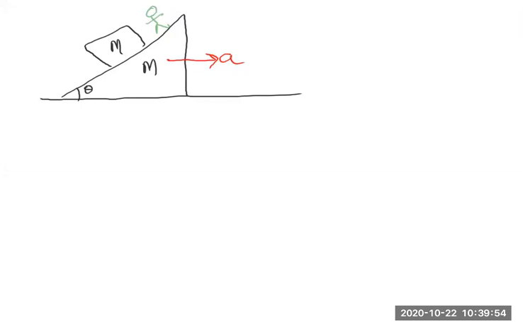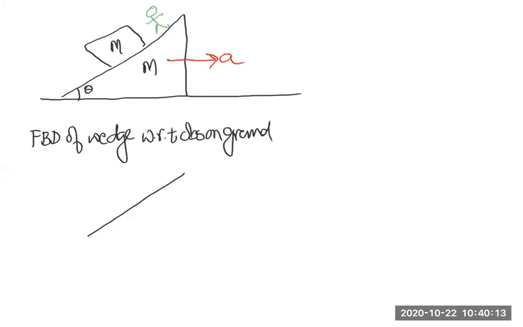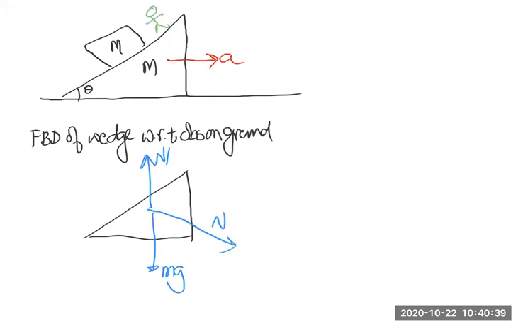Okay, so now what I do is that I draw the FBD of the wedge with respect to observer on the ground. वेज के लिए जो मैं एफबीडी बना रहा हूँ, ये विथ रिस्पेक्ट टू ऑब्जर्वर ऑन द ग्राउंड। नीचे mg लगेगा, फ्लोर की वजह से कुछ तो नॉर्मल रिएक्शन N1 लगेगा, और जो सरफेस ऑफ m है उसकी वजह से कुछ तो नॉर्मल रिएक्शन N लगेगा।